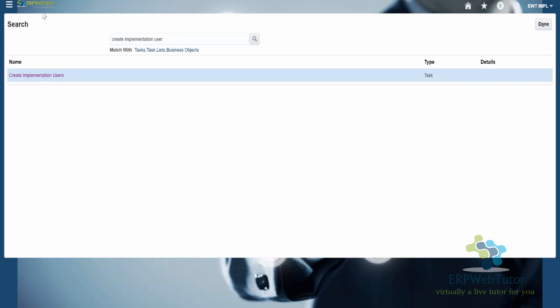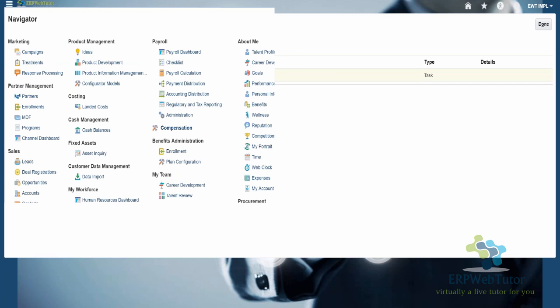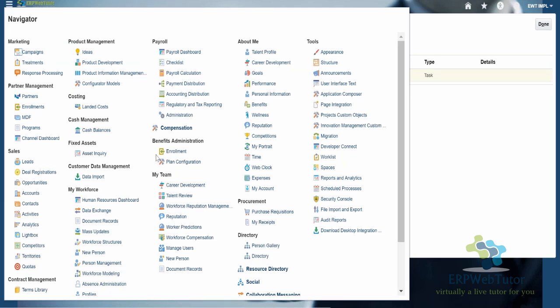Okay. So to access the security console, this is your navigator. There are different ways of navigating to the tasks. Say, for example, I want to go to the security console. I have something called tools. These are the different larger groupings, and underneath that you have the different tasks. So your security console task is under your tools. Okay. So if you go to security console